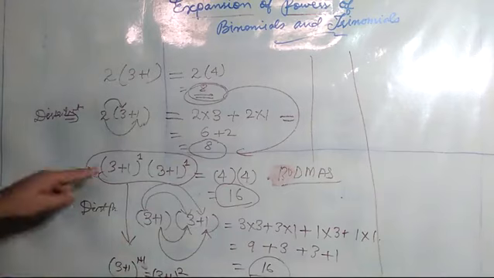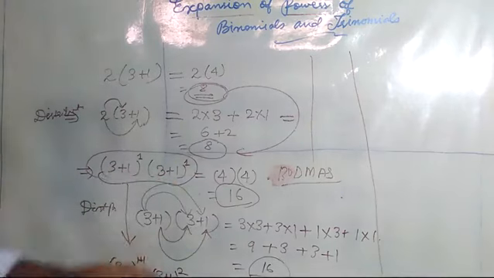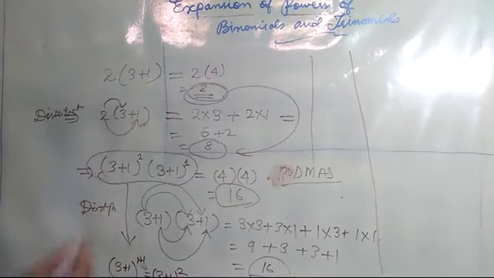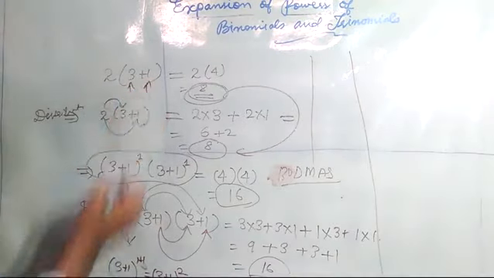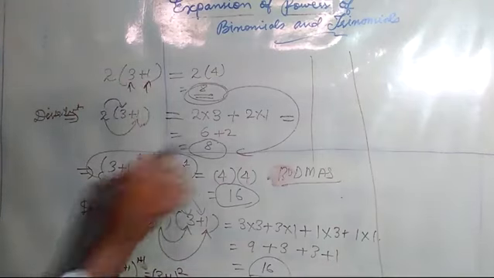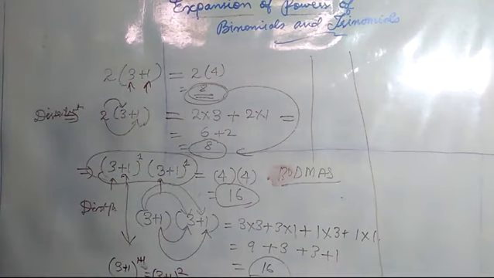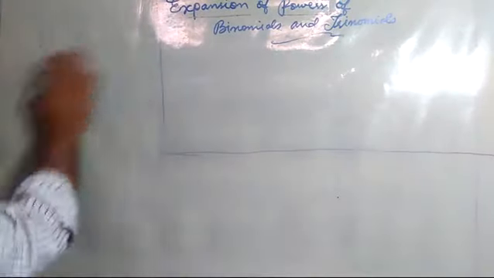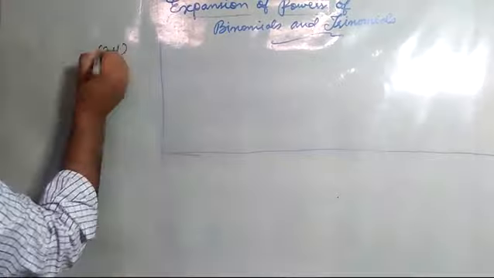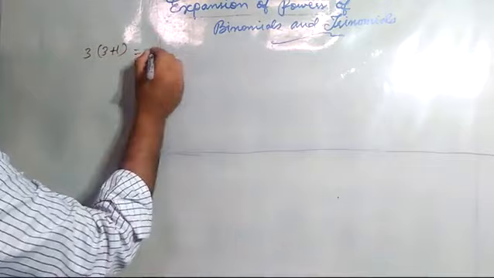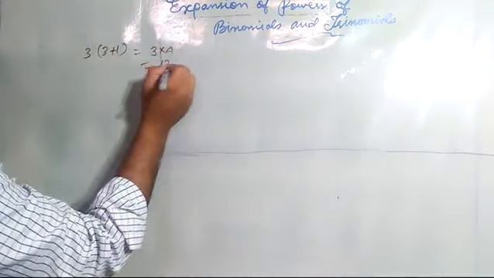Expansion of powers means having the same base raised to certain values, and binomials and trinomials mean having two terms. Here we were having one term, here is the other term. So 2 terms into 2 terms, 3 terms into 3 terms. Like this we will be learning in this exercise in this chapter. Now previously I told 3 plus 1 into 3 like this. We'll take it as a new example. So it was 3 multiplied with 4 is equal to 12.